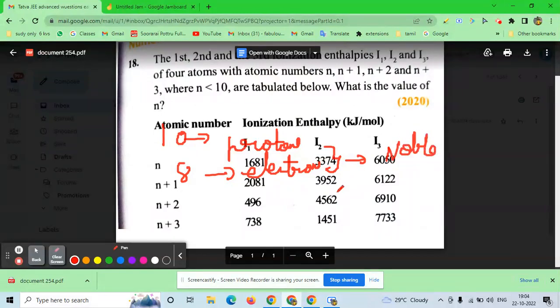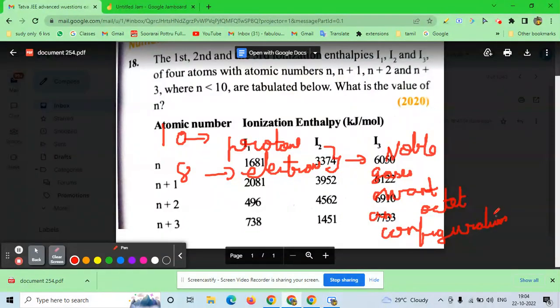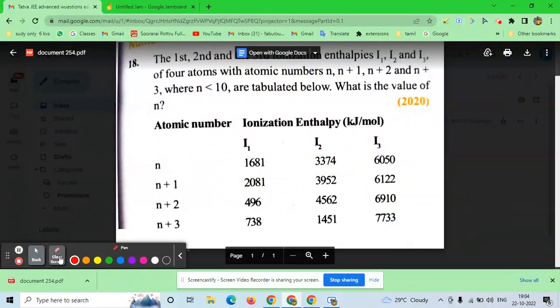Other gases would allow them, as my p orbital does not want to become 4 electrons. I can just let you, but noble gases want an octet configuration, and do not allow the electron to escape here, which results in that value here. So the answer is going to be